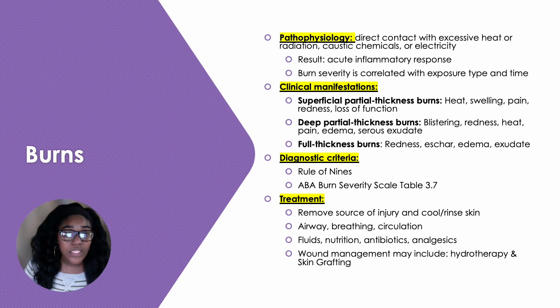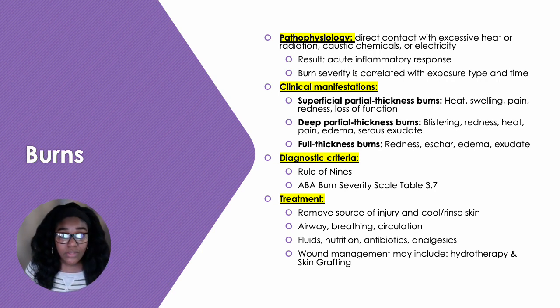And then with a full thickness burn, you have redness, eschar, edema, and exudate. So when you have your different types of burns, it depends on how deep those burns are. And again, that severity correlates definitely with that time and amount of time and exposure